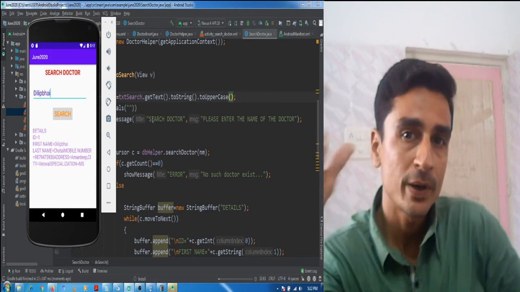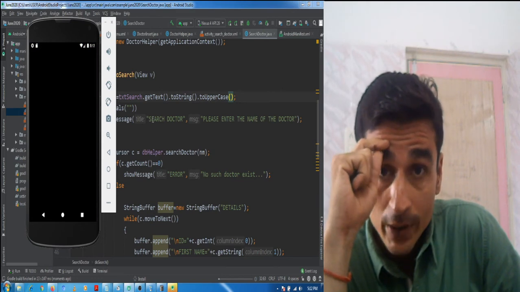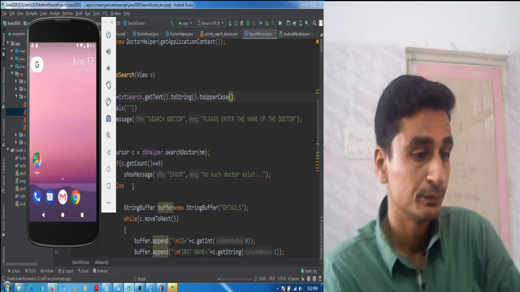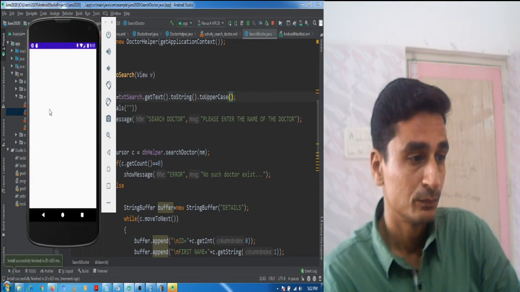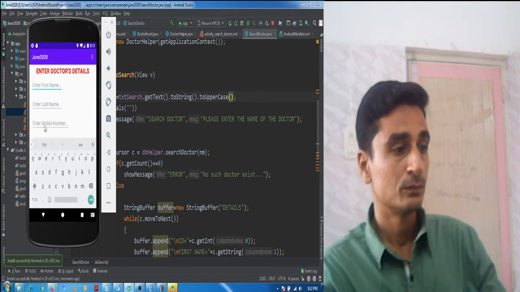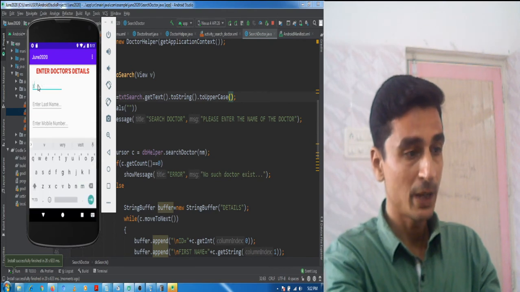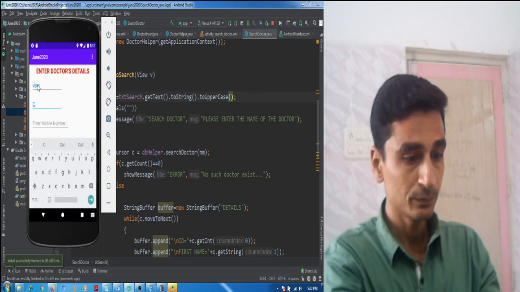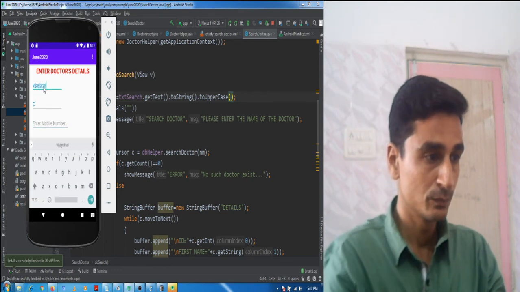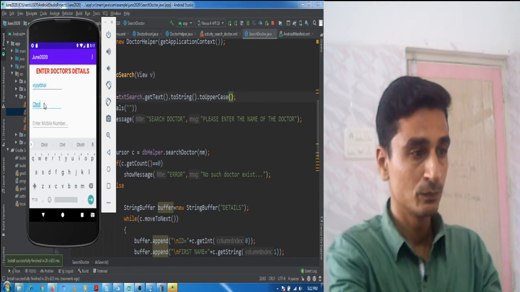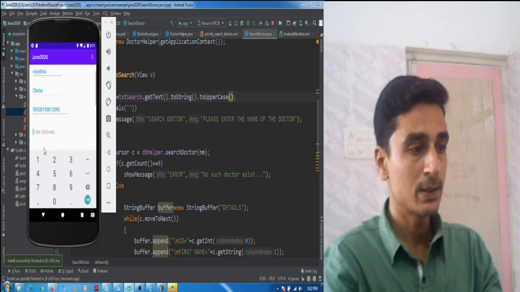Okay, now let's try and see what happens. First of all, we will insert one record and then we will search for that record. I am entering in small, in proper case, mobile number is some mobile number, address is.